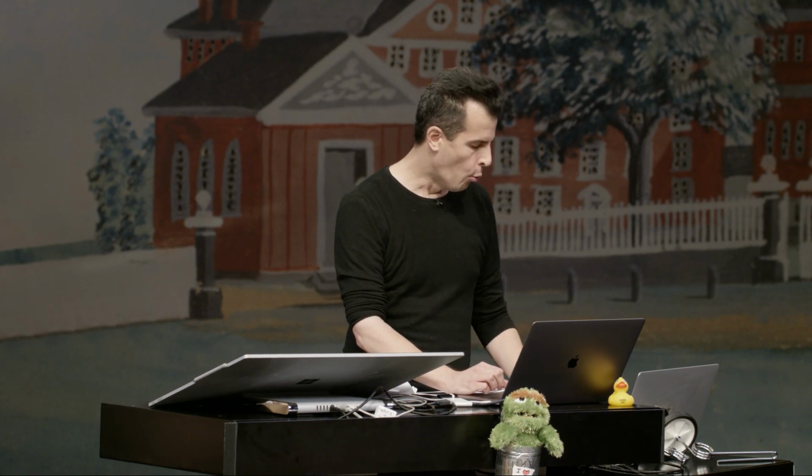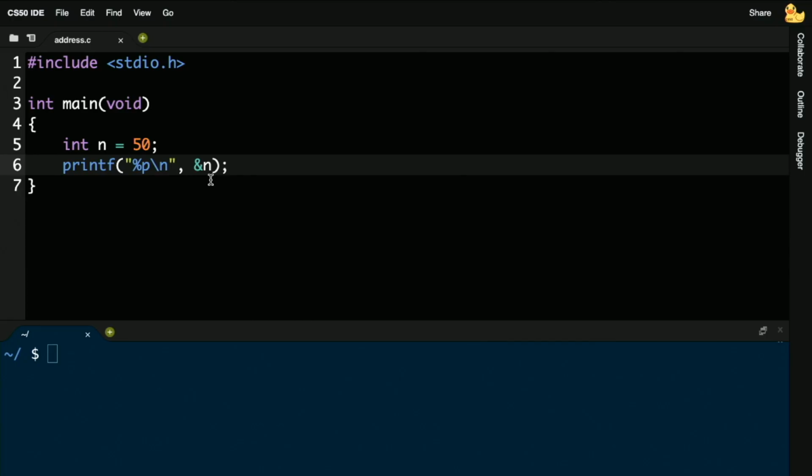And again, we won't want to do this necessarily, but just to be clear that one of these operators, the ampersand, gets the address, and the star operator goes to an address, we can actually undo the effects of these things. For instance, if I print out now, not ampersand n, but just out of curiosity, star ampersand n, I can kind of undo the effects of this operator. Ampersand n is going to say, what is the address of n?